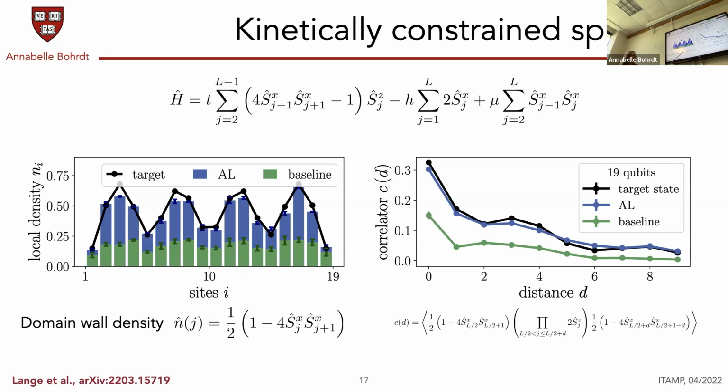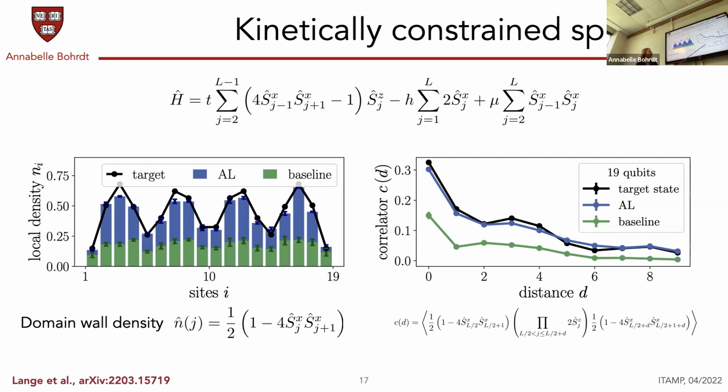It's just defined as this. It doesn't really matter, but what you see is the target state, so the actual ground state has this modulation here. And that's something that's very well reproduced by the active learner. So you see it really captures these oscillations in the density very well, whereas the baseline basically completely fails to capture them. And it's a very nice physical feature that comes out of this active